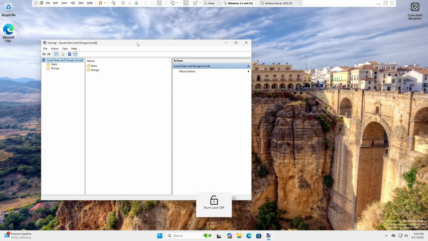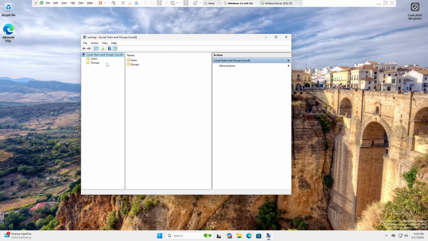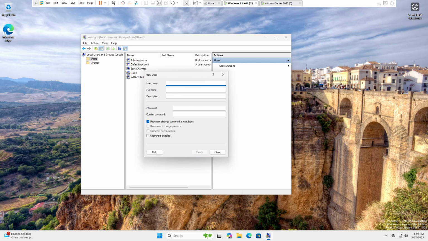Okay, so in here there are two categories, users and groups. If you want to create a local user account, click on users, and in here you can see the other local admin accounts. You can enable accounts in here, but if you want to create a new one for a particular user, for example, you can right click and then click new user, and then just enter a name that you want. For example, remote user, and really anything that you want to